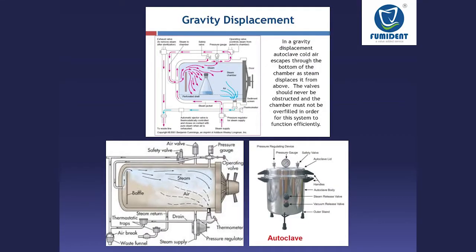So the next step is sterilization. There are different types of autoclave available in the market. One is called a gravity displacement autoclave. In simple language, it is a pressure cooker type autoclave, and the other is the pre-vacuum autoclave. What the examples of them are and what the difference between these is, we will see in the next section.